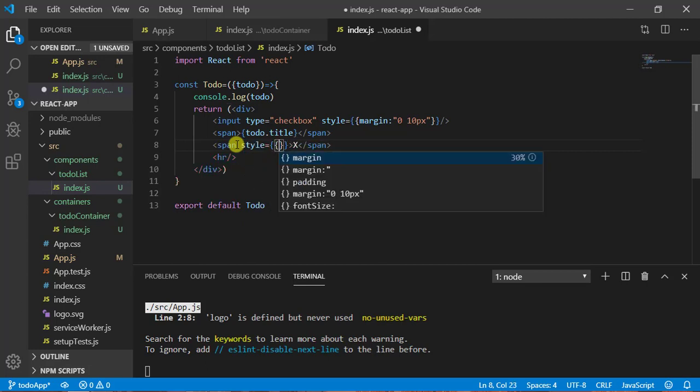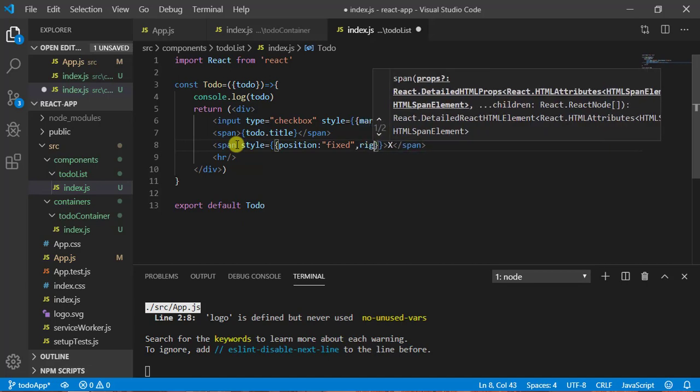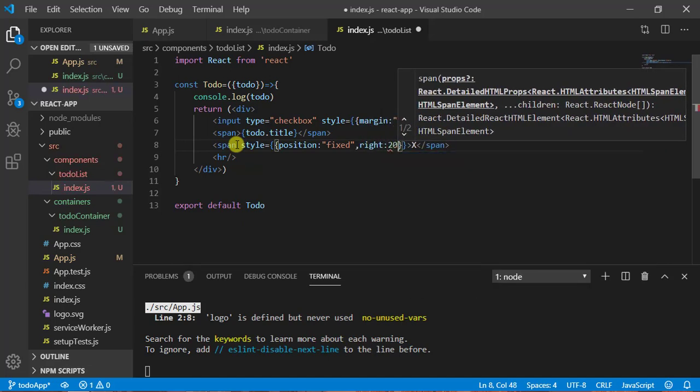So style, double curly brackets, and we need to write here, first position equal to fixed, okay, and the next property is right equal to 20. So it will add 20 pixels.